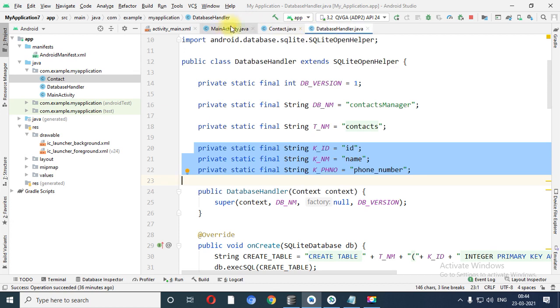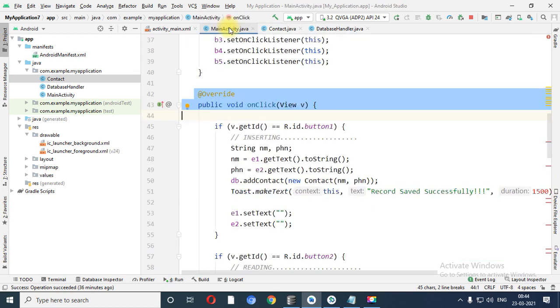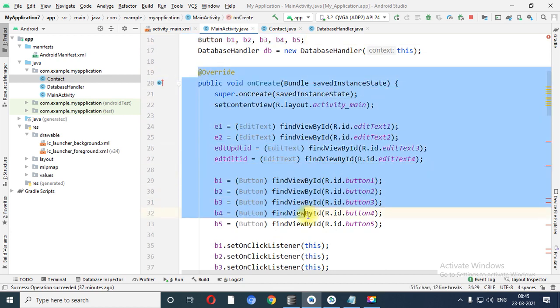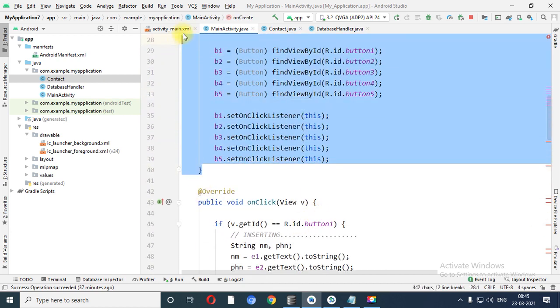Now see how these all three files are connected. So let me switch into the main activity.java file. Over here, when the activity is executed, at that time the first line is what? See, this code I have already explained. Similarly, the onCreate event also I have already explained.